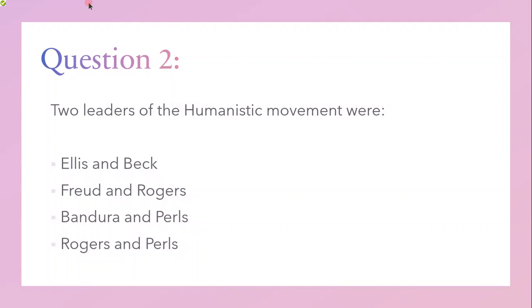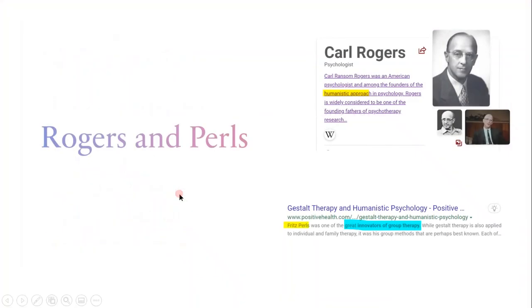Question 2. Two leaders of the humanistic movement were Rogers and Peirce. Now let's look through all of these names because they're all important in psychology. So Rogers and Peirce. Carl Rogers was one of the founders who took a humanistic approach in psychology, one of the founding fathers of psychotherapy research, and Peirce is one of the great innovators of group therapy and Gestalt Therapy. Bandura. So Albert Bandura developed the social